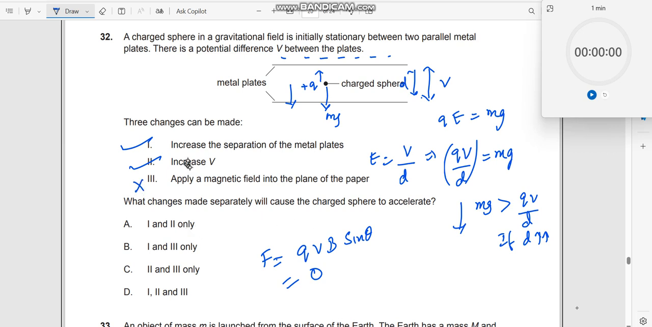So if you want it to accelerate, either you increase the separation or you increase the value of V. So 1 and 2 are the right options. Okay, let us move on to